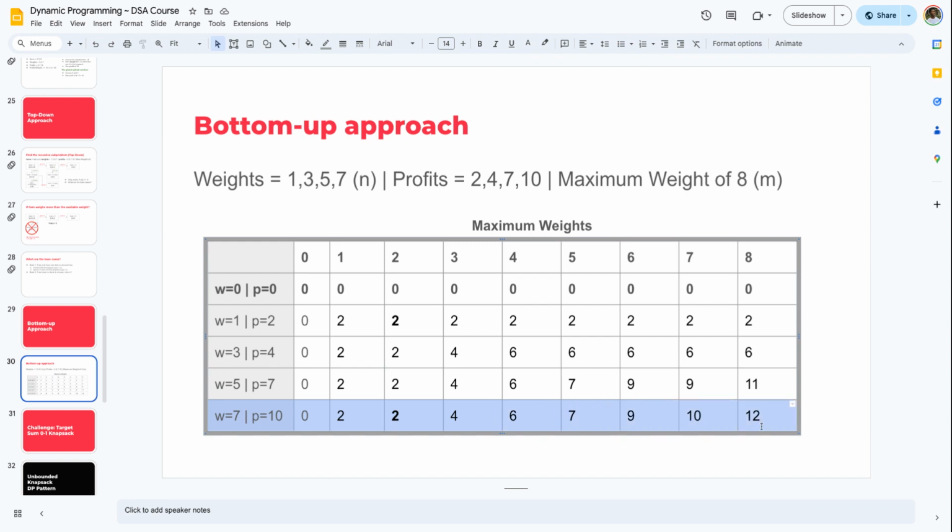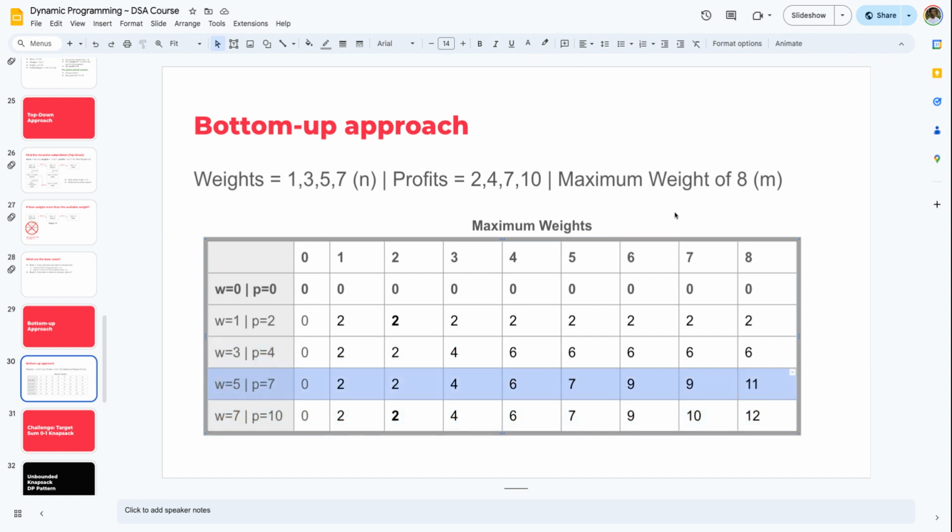So at any given instance, instead of saving this n by m matrix, we only need to save the previous row. So we only need to save m responses here. So it's still linear. So we can reduce the space complexity by only saving a particular row and calculating the next one, because we wouldn't need answers from the previous row as well. We only need one row to make that particular